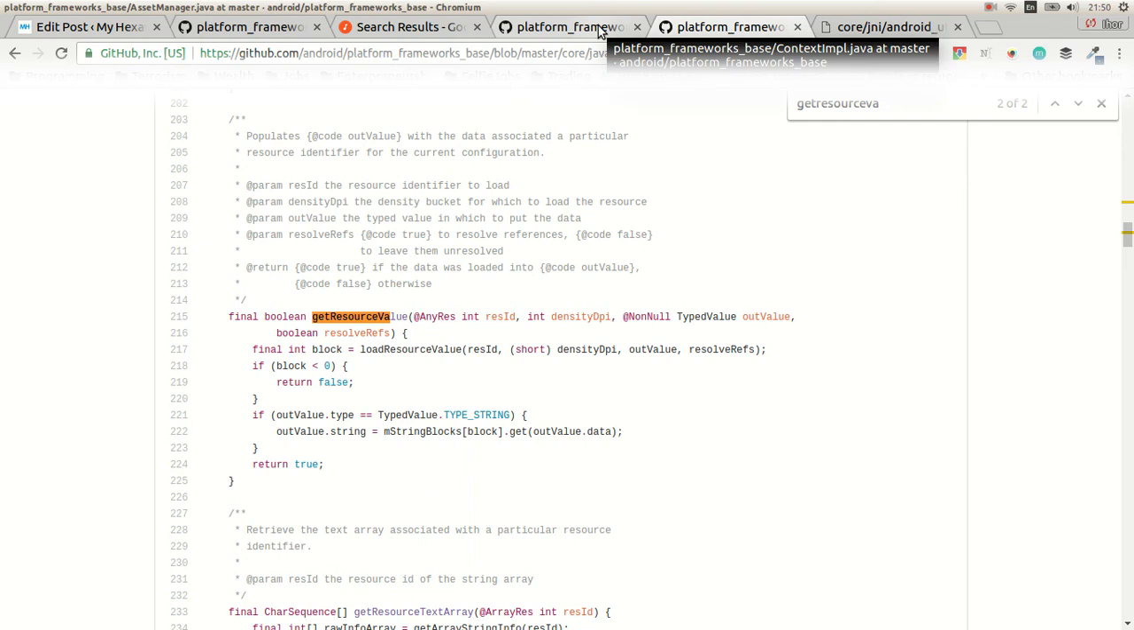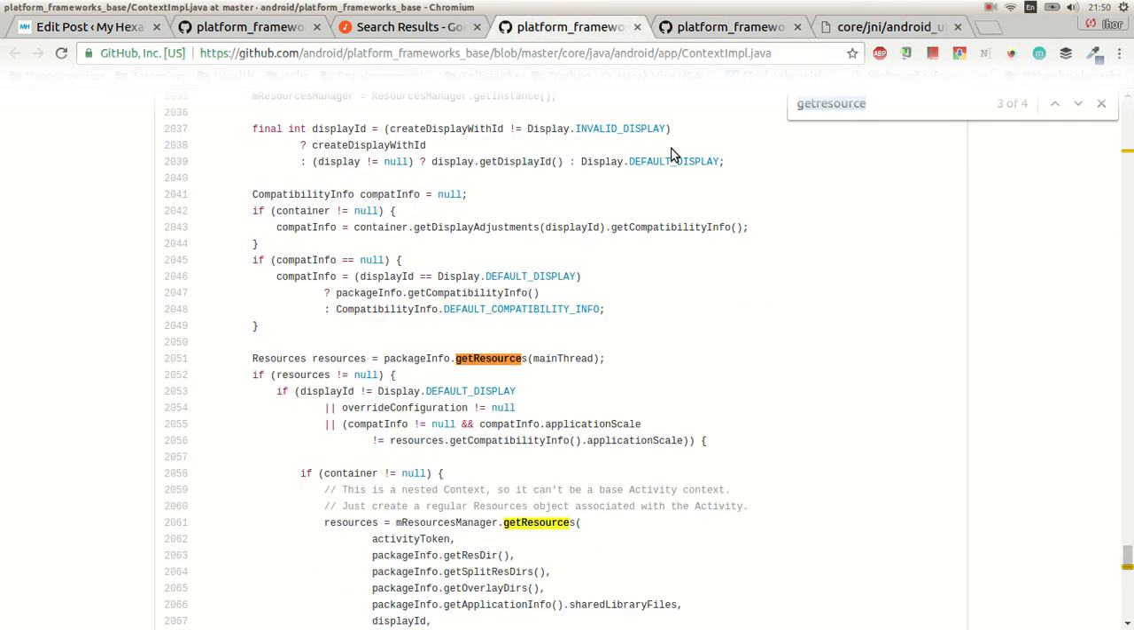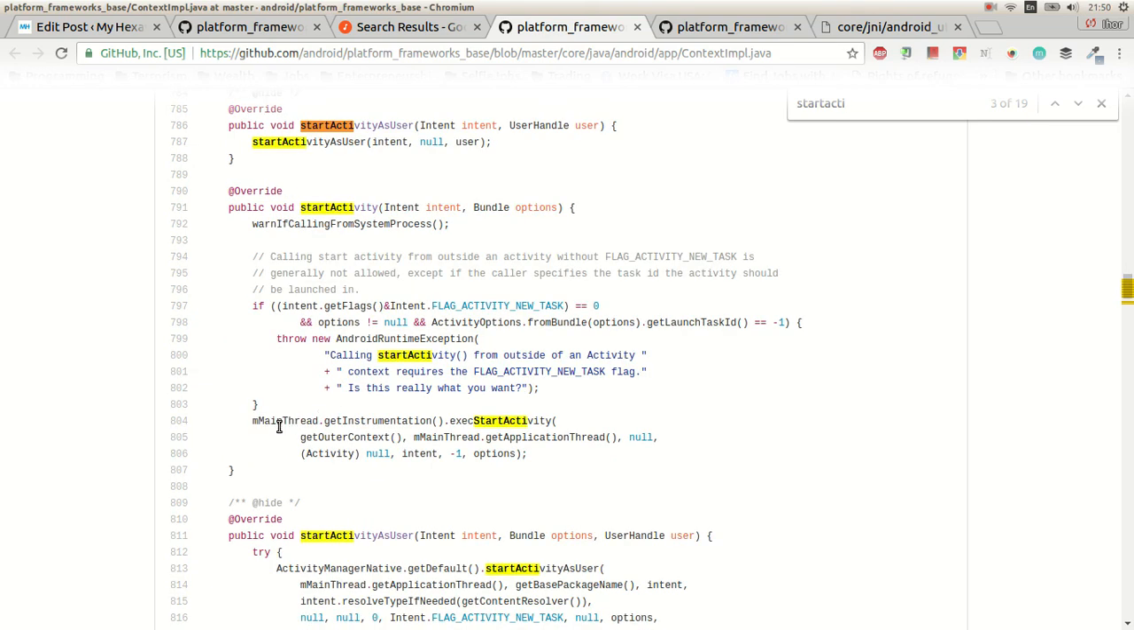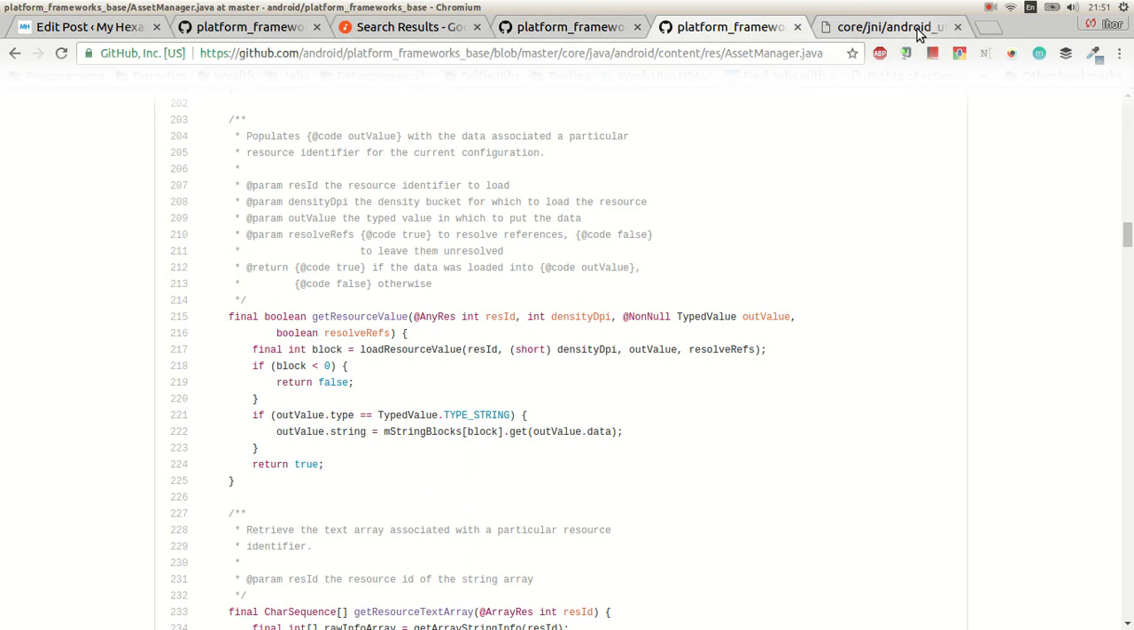Same comes for starting activity, same context methods. Calling this main thread instrumentation exec start activity. And even Toast